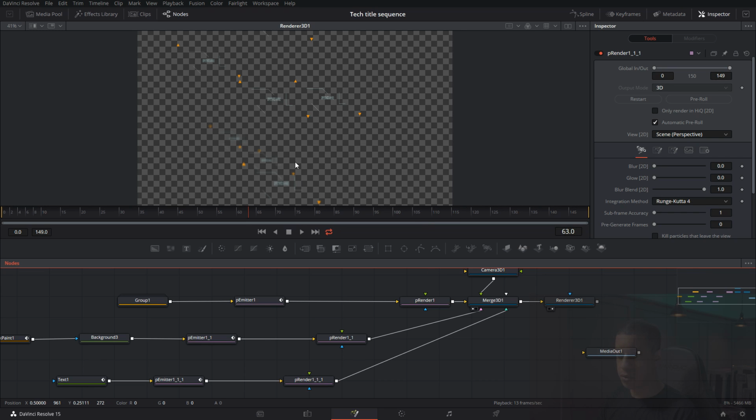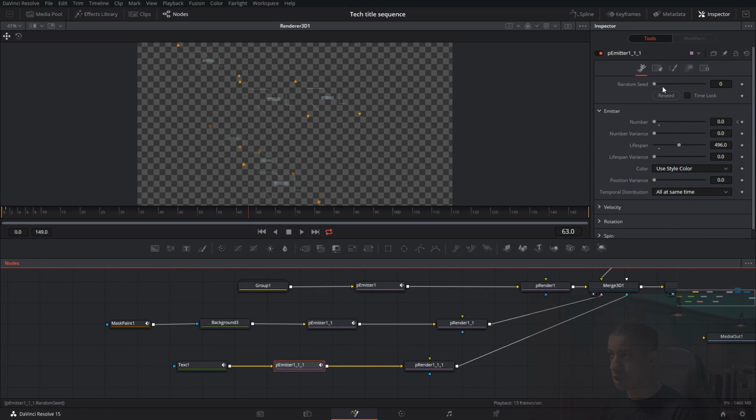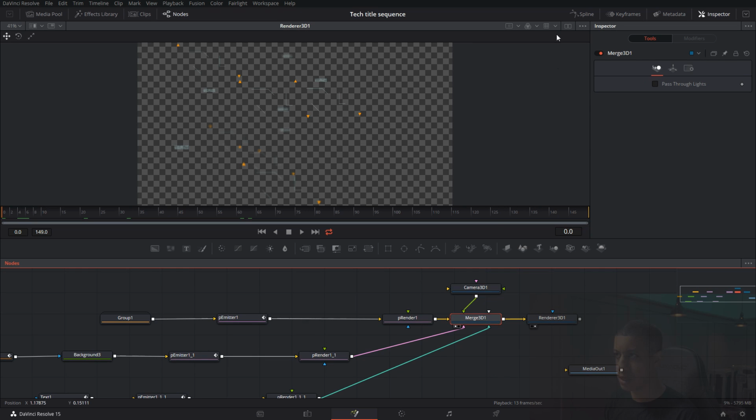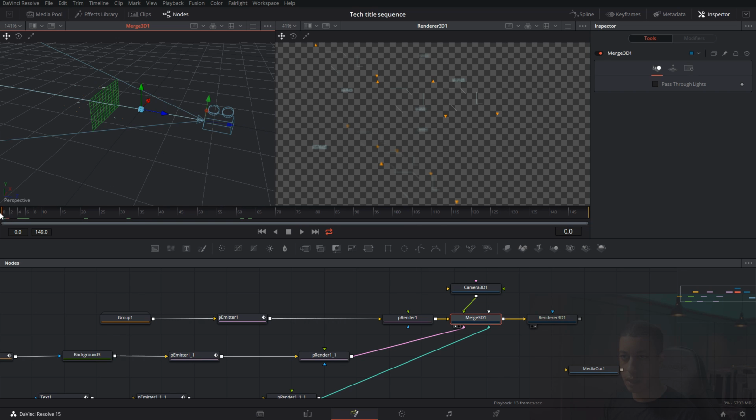So now there's some work that we have to do here, but we have something going on here. One of the things we can do is in our emitter, we can change this randomized seed. Because it seemed like those were starting to be the same, so we just change this and it'll start to change its position. So we could do something like that. Now let's go to the beginning here, and in our camera, let's go back to two screens. So what we could do at the beginning here is back up a bit, something like that,